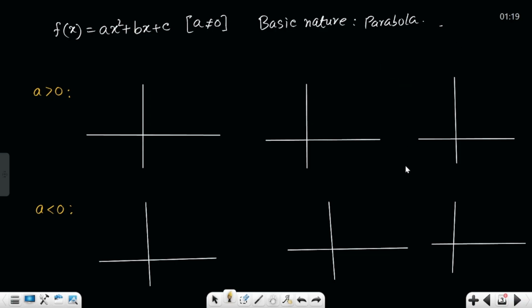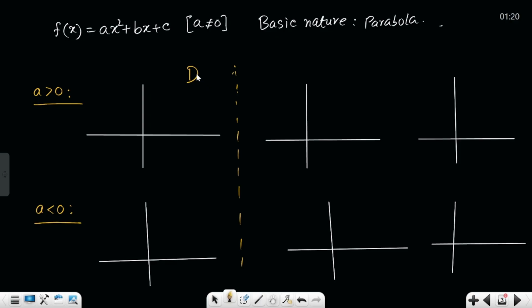Now for a greater than 0, the mouth of the parabola will always be upwards. For all these 3 graphs we will get an upward facing parabola for a greater than 0, and for a less than 0, we will get a downward facing parabola. So that is the only difference. Now how will we differentiate the graphs? For these both cases, the first graph will be when D, that is the discriminant,